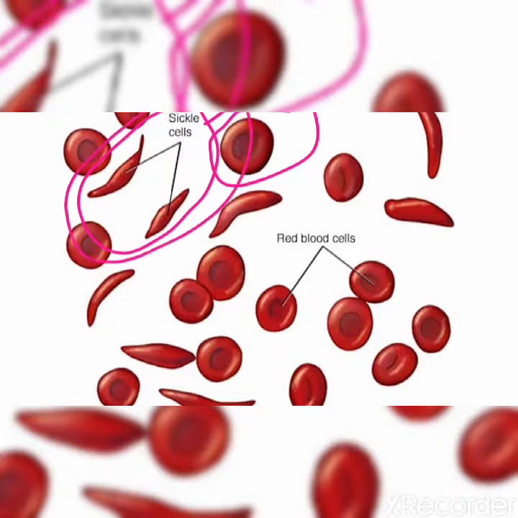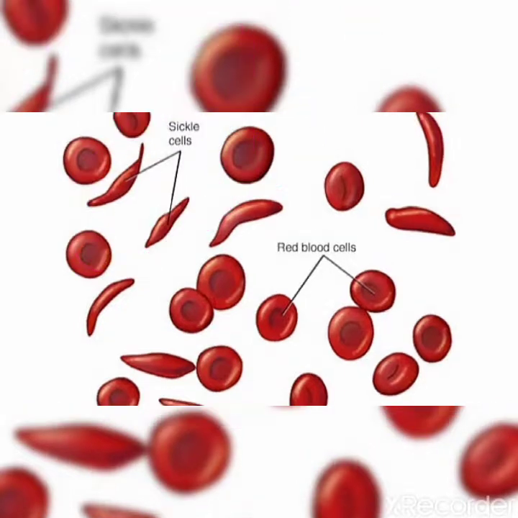That is a sickle cell. Clear? So sickle cell anemia is caused by a mutation in the gene that instructs the building of a protein. Do you remember which protein is present in blood? Yes, hemoglobin. So it instructs the building of a protein called hemoglobin, and this causes the red blood cells to become abnormal. Clear? Abnormal, rigid, sickle shape.